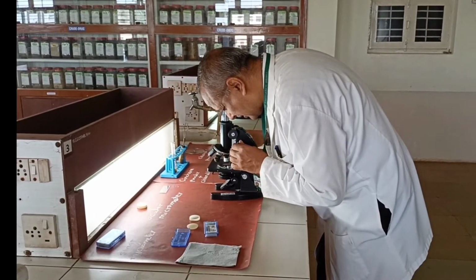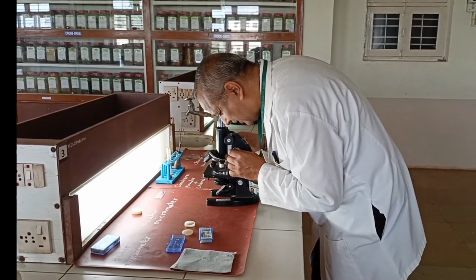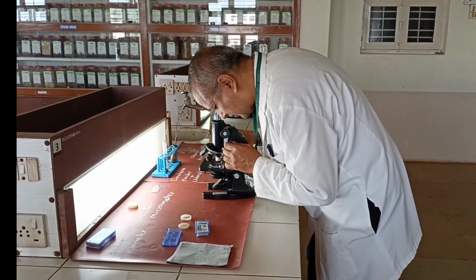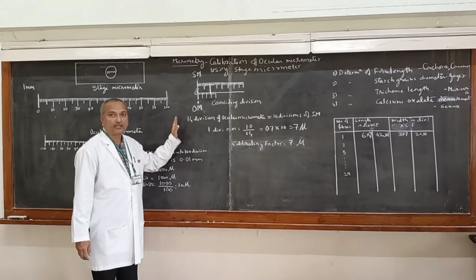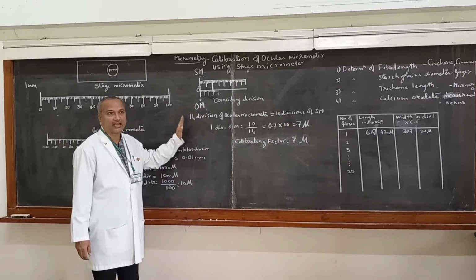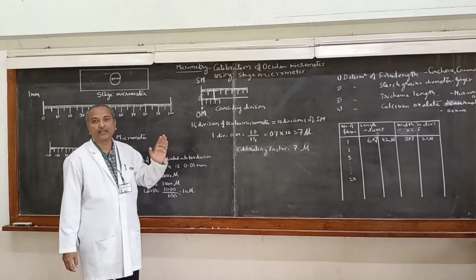You adjust the stage as well as the ocular micrometer, and you can find the superimposition, where they are coinciding. The nearest coinciding division you have to identify. This can be made with the high power as well as low power. Once the calibration is completed with the high power as well as low power, then you can go for